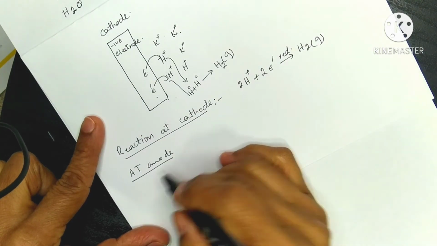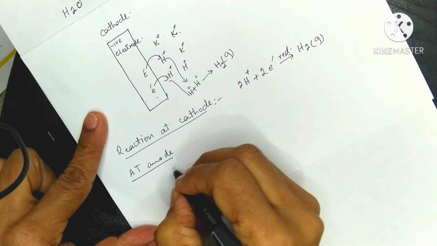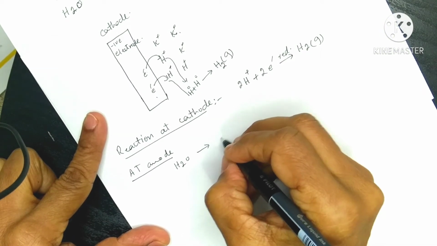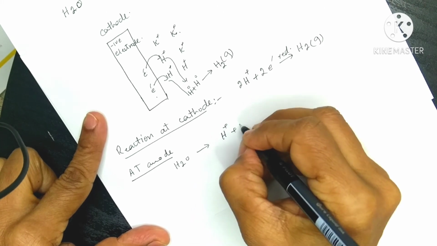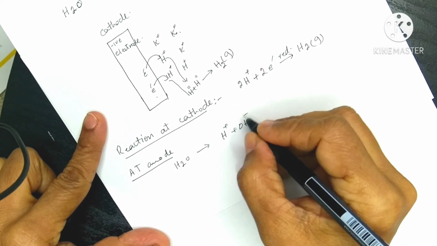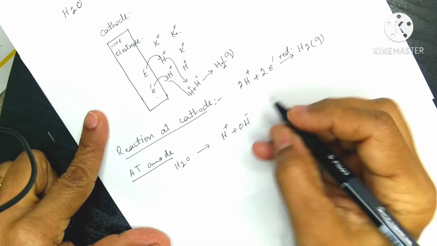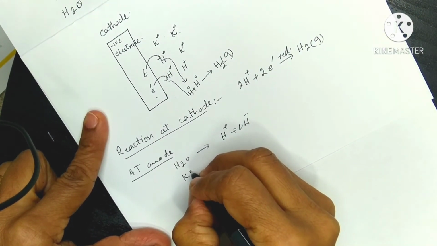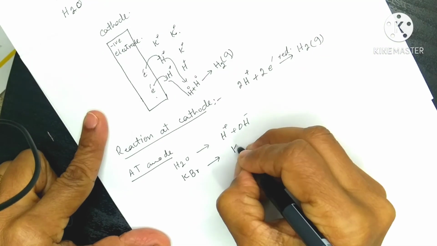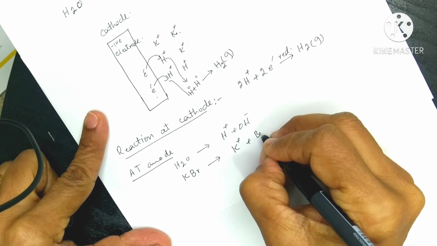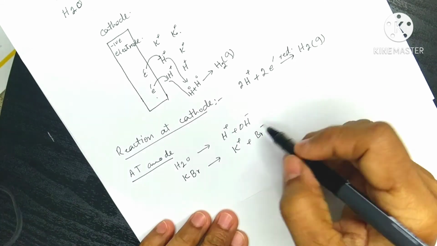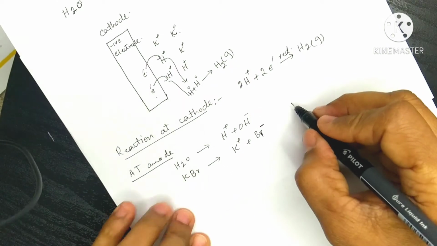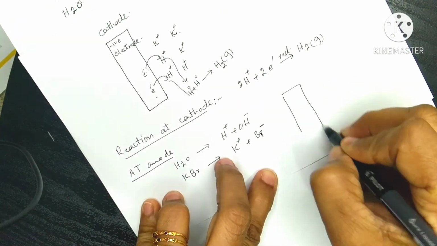At the anode, we have hydroxide ion from water. Water, it will decompose into hydrogen ion and hydroxide ions. These hydroxide ions will move towards the anode. If we have the aqueous solution of potassium bromide, and we have potassium and bromide ions. So at the anode we have 2 type of the negative ions, and for example, I have here